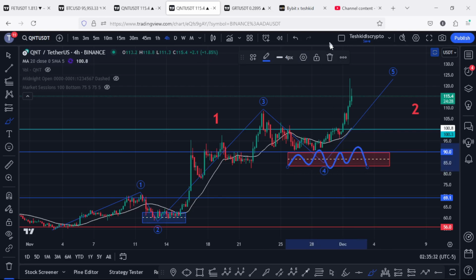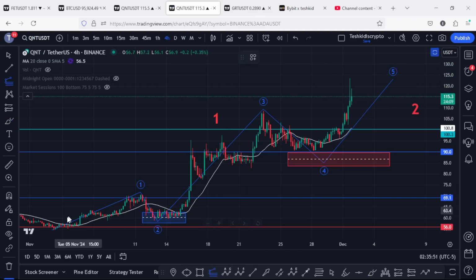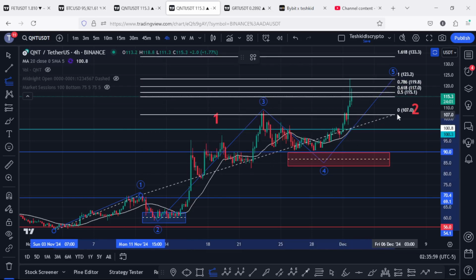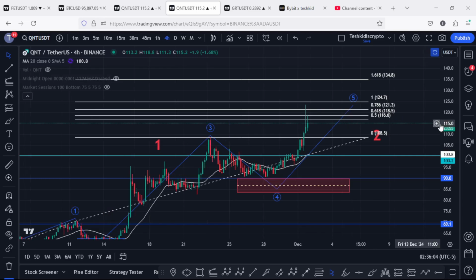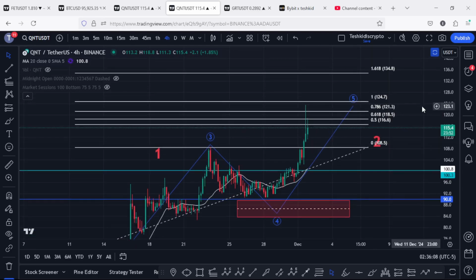An area that we didn't quite fully maximize, though we are now seeing a reaction of the upper side of the target area, which is the fib level 0.382, in what I now believe is the start of an impulse to the upside in the formation of these Elliot wave count 5, whose minimum target areas can be given using the trend-based Fibonacci, connecting it from the low of the first wave to the high of the wave 1, then dragging the fibs to the high of the wave 3, giving me a minimum target area for the fifth wave at the fib level 0.618, and that is above the $118.5,